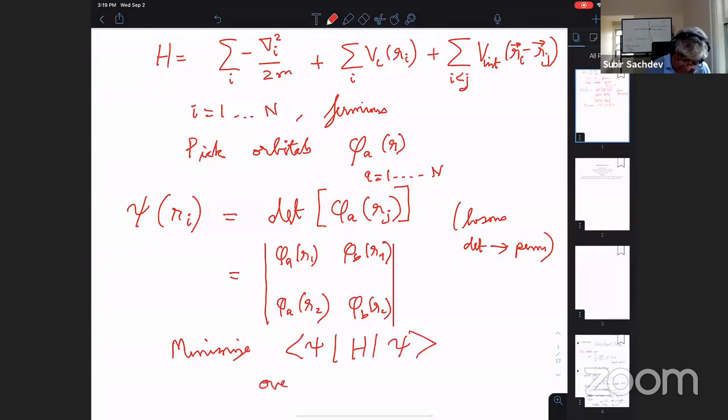Over what do you have variational parameters? Well, the variational parameters are these functions, phi A of R. So you have n functions, but this is a much simpler problem than the original problem because each function is a function of only one coordinate. If we did the variational problem on the original wave function, you'd have one function, but of n variables. That's a much more complicated beast than a function of just one variable. So you have n functions of one variable, and you just have to minimize and determine the best possible phi A. And this can be done very systematically, numerically.